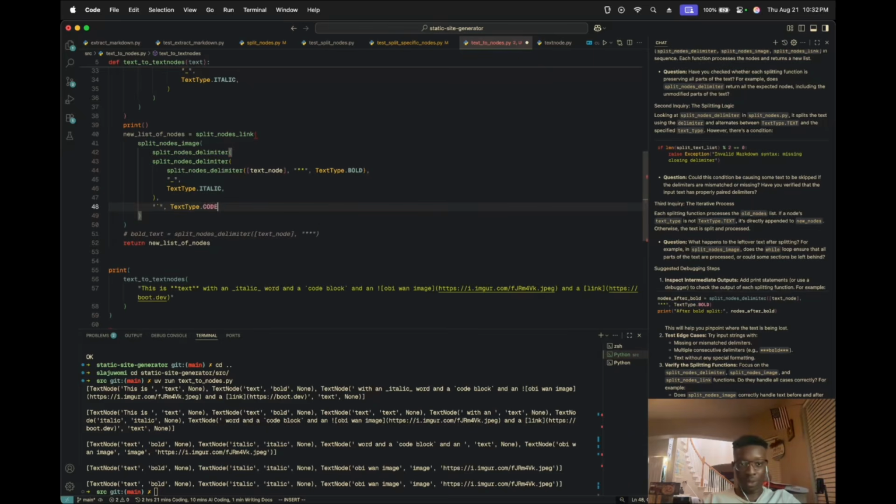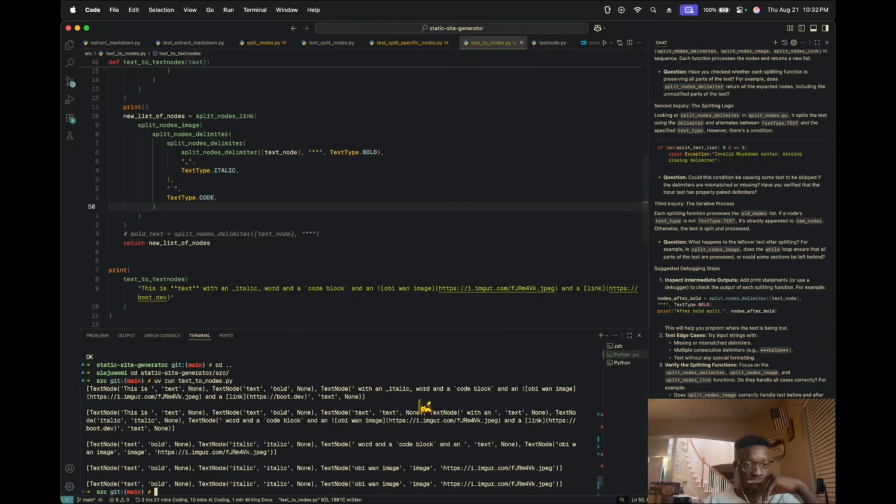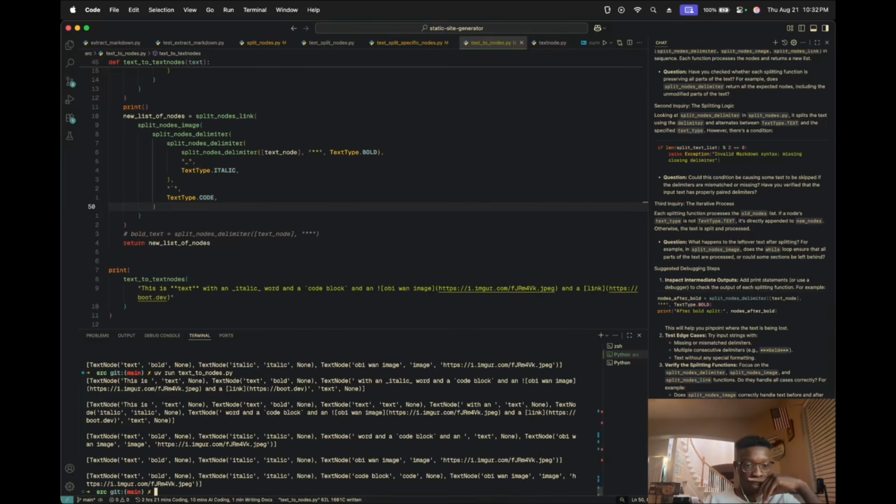Just get the correct tab. Another quotation mark. Okay, that doesn't really fix the issue. I mean, we have the code block now, but